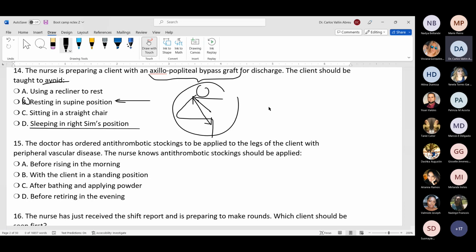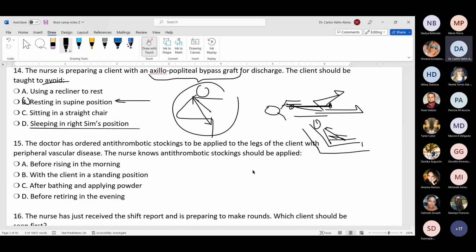Because the position seems to be left lateral. They don't say which side is left lateral with flexion of the leg. And I think that being in supine in a recliner approximates the two areas. Okay. They say that sitting in a chair is going to make pressure in the area and can produce ischemia